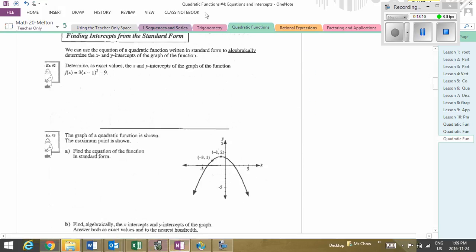So finding intercepts from the standard form. So again, let's take a look. So we can use the equation of a quadratic function to algebraically determine those intercepts. And so if we want the x and y intercepts, again, let's start with the y-intercept, because that's the easiest one to do, because y is already isolated. So for the y-intercept,